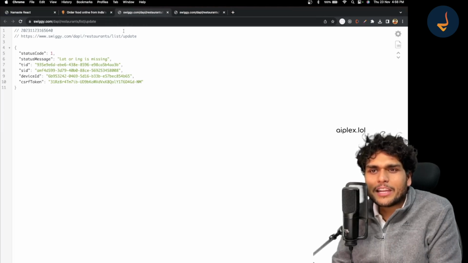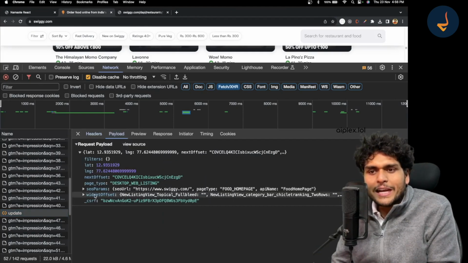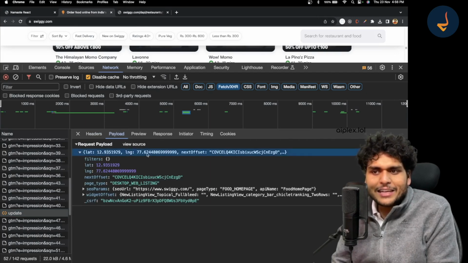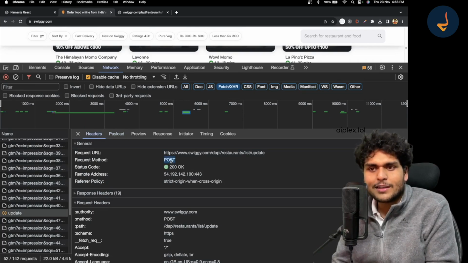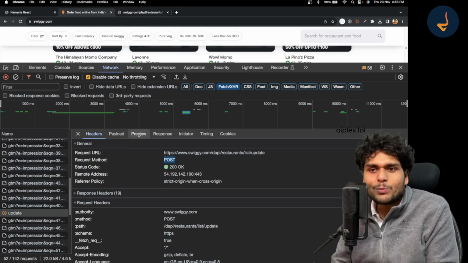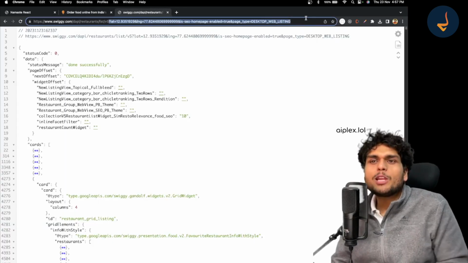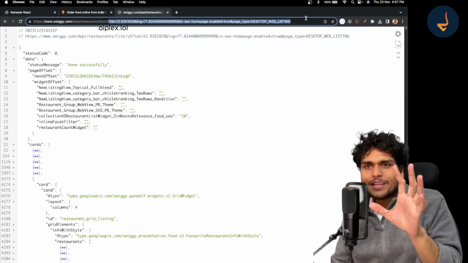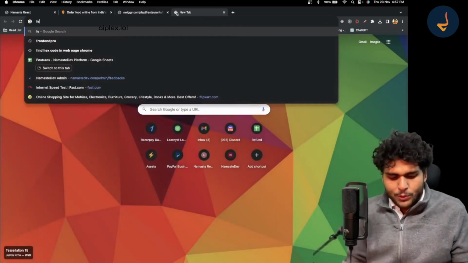It is missing latitude and longitude. So this is the API update, and you can integrate it. Over here you will have to pass the latitude and longitude information. I think this is a post call. See, this is a post call. So you will not have to pass the latitude and longitude in the URL like this, but you will have to do a fetch post. You will have to make a post API call. Figure it out yourself.